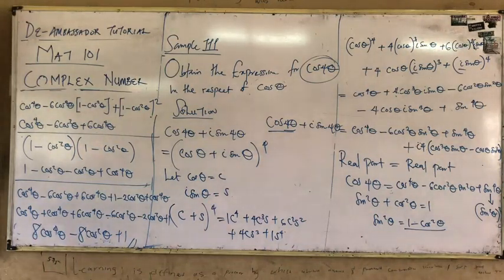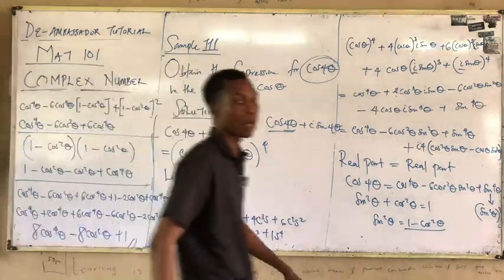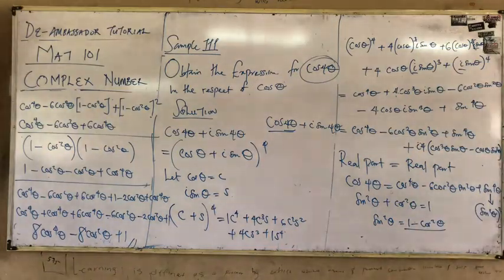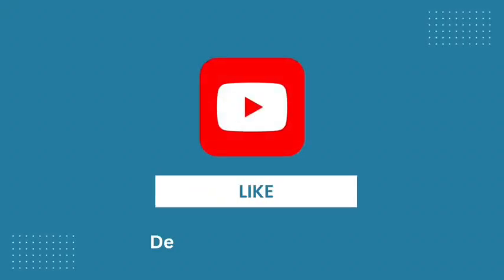So we are done with complex number. This one you're passing. Yeah. What makes it not